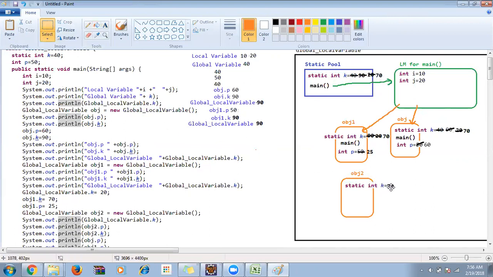Yes. Then in my main function, after that, object 2 p is equal to 25. No. Non-static members, what do they always take? They take only the old value. It's 50. Yes. Then next,